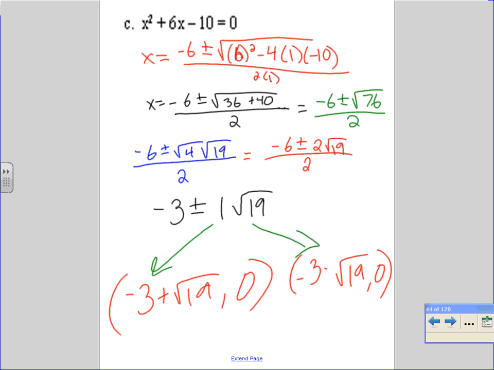So just like yesterday, but more simplifying. You guys okay with that? You're just plugging and chugging. All you're doing is plugging numbers in and then simplifying. Are we okay? Okay, let's flip over and take a look at